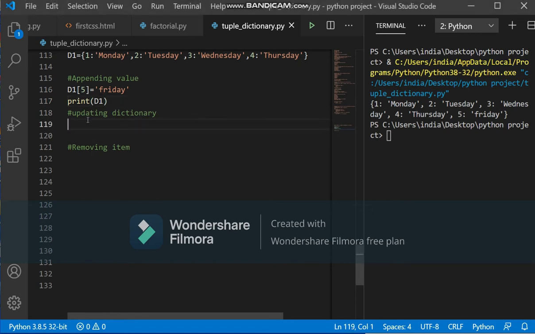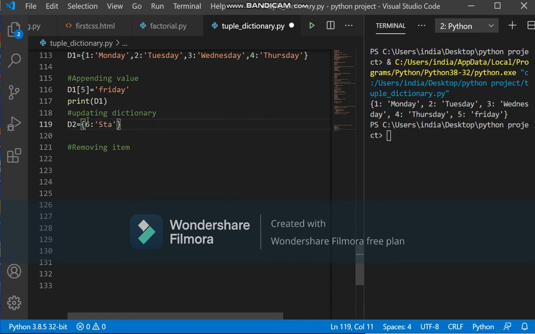Similarly, updating of a dictionary is also possible. So let's have one more dictionary with 2 items in it, and we will try to update the first one using the second one. That means we will add all the content of the second into the first. D2, 6 as Saturday, and 7 as Sunday.